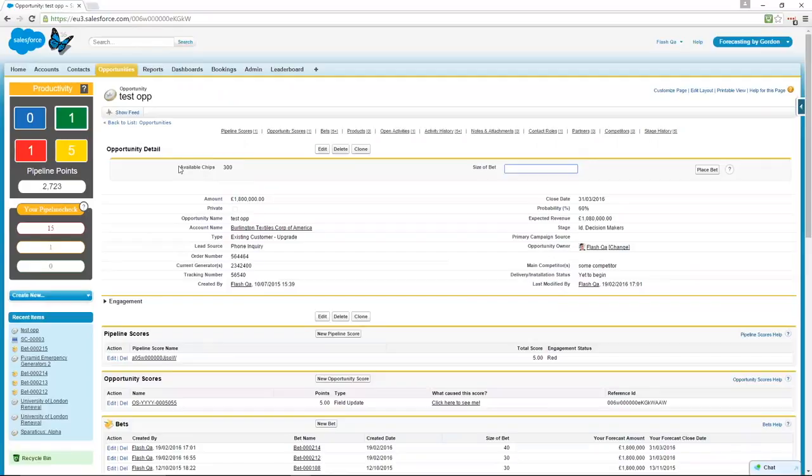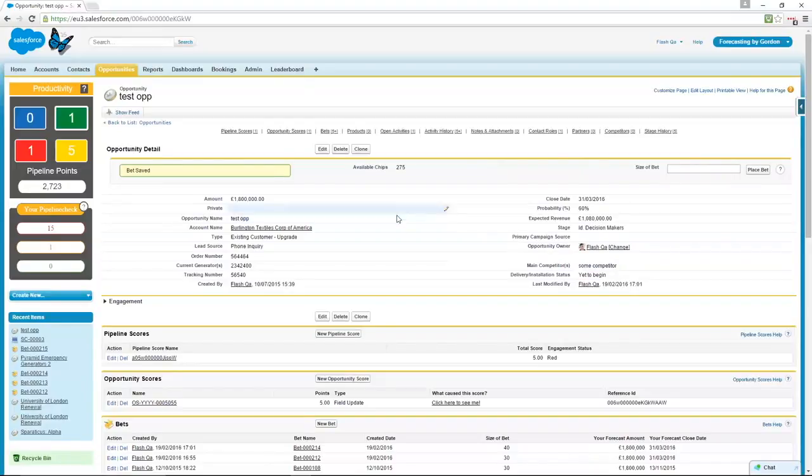So I'm pretty confident about this one, and I'm going to bet 25 chips that deal will happen around that close date and for that value. And I place my bet. That's me expressing confidence in this opportunity, that I have been doing my work, and that there is a genuine understanding that we've reached about the time frame and value of the deal. So I'm sending a signal to myself, to my manager, to the organization that this deal has up-to-date values and they are my best professional guess at this point in time.